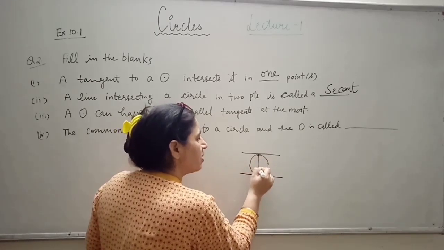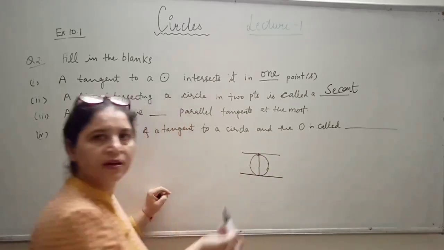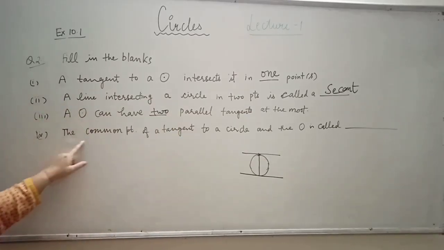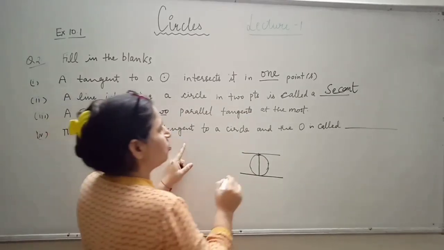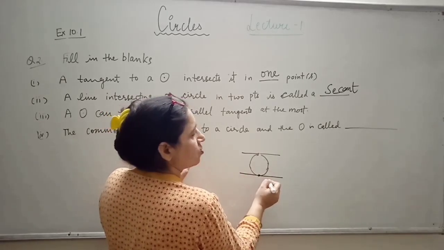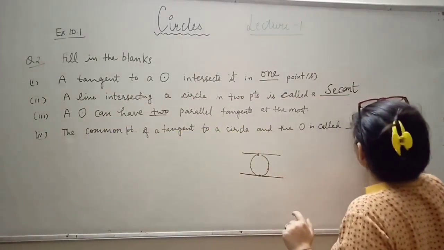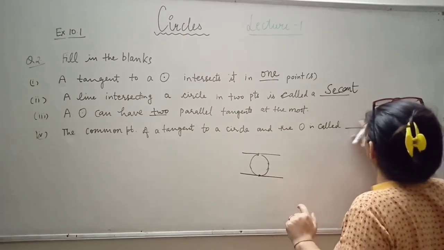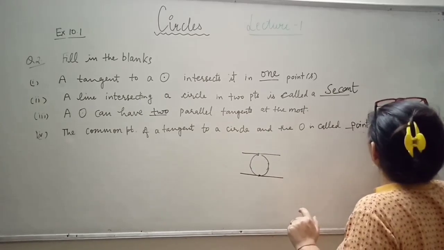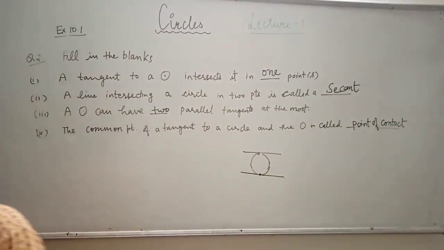अगर हम देखें तो एक तरीके से जो आपका डायमीटर होता है, डायमीटर के एंड पॉइंट्स पर 2 पैरेलल टेंजेंट्स होंगे. तो आपके क्या होंगे? 2 पैरेलल टेंजेंट्स. द कॉमन पॉइंट ऑफ द टेंजेंट टू द सर्कल. अगर ये आपका टेंजेंट है तो इसका ये कॉमन पॉइंट विद द सर्कल इज कॉल्ड द, यस, क्या कहलाता है ये? व्हाट इज इट कॉल्ड? Yes, absolutely right. This is called point of contact. Okay. So this is question number 2 is also done.